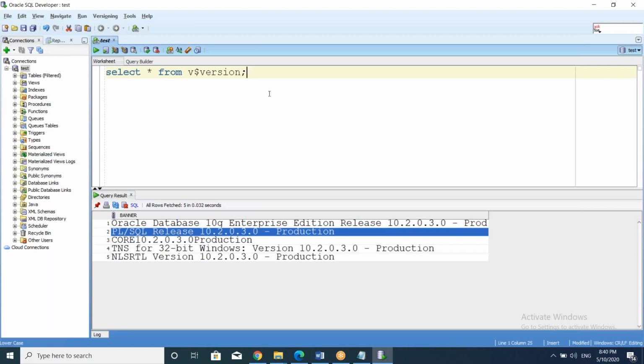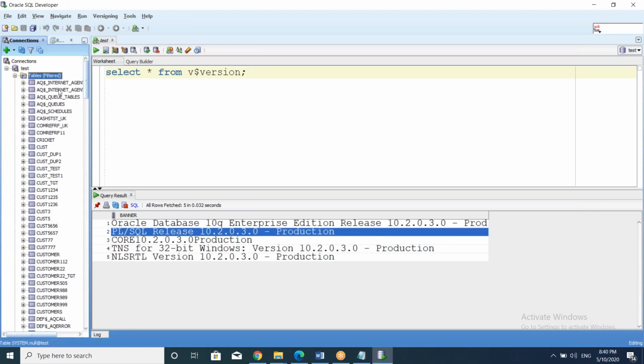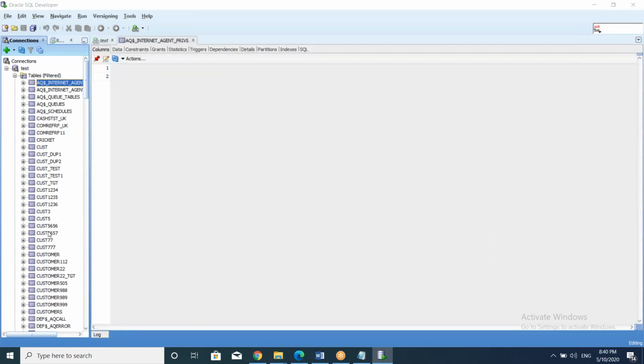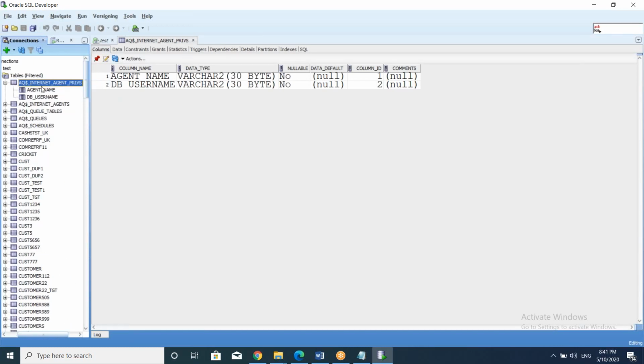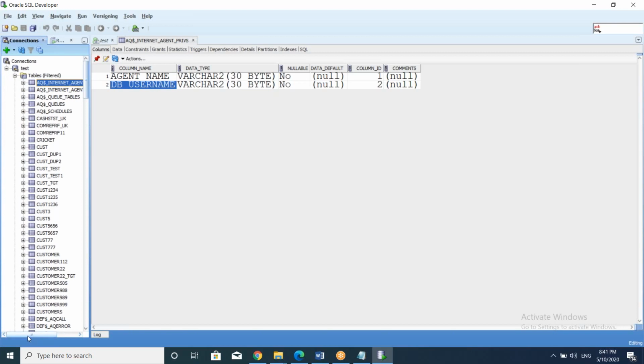Like that, what are the tables present in this database? If you want to see, on the left side also many things are present. Just click here, it will display the list. So these are our table names present in the database. Easily we are able to see that. What are the column names in the table? Just select this, drag this or expand this. Here you are able to see the columns also. So in this way, you get a lot of advantages. That's why a tool is required in your real-time work.